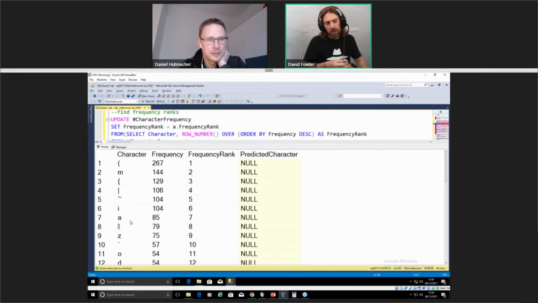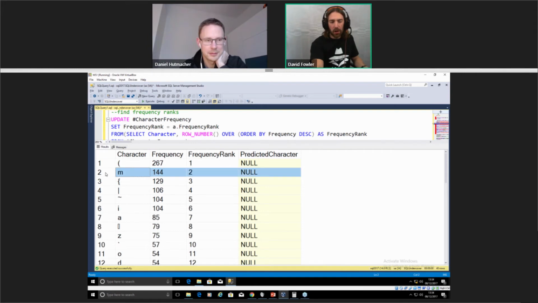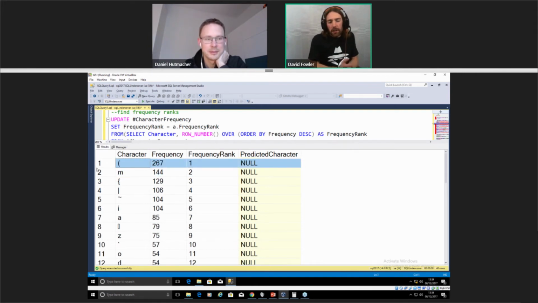We can start making assumptions and guesses on what each of those characters is going to represent. Now, one thing we do know is that the most commonly occurring character in a big old chunk of text like that is always going to be the space. And you can see, sitting up here, number 1, the open bracket, which shows up 267 times, almost double the amount of times our next most frequent character appears. So we can make a pretty good guess then that that open bracket represents a space. Now, a lot of algorithms actually either get rid of spaces or pad them out or do something with them just to stop this. But just for today's demo, I haven't done that.